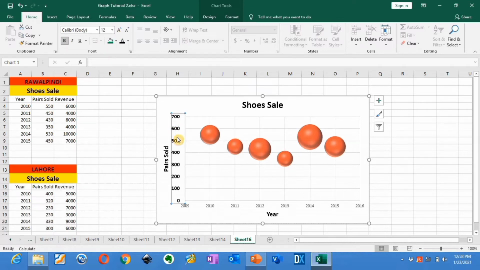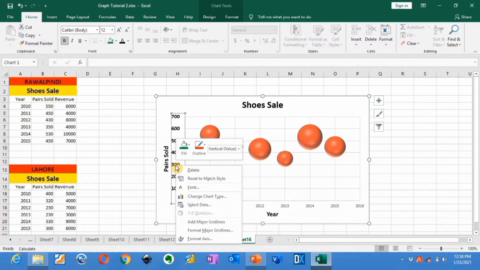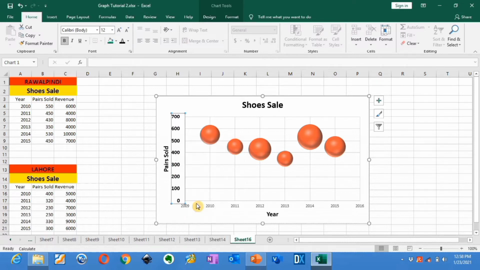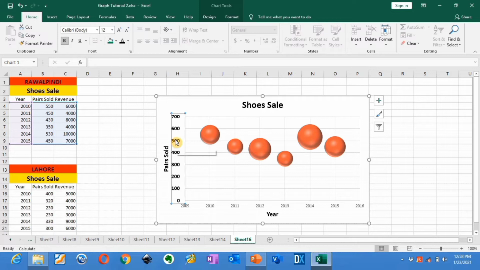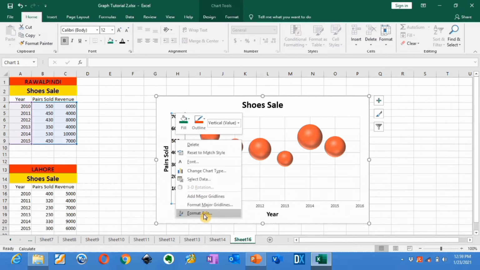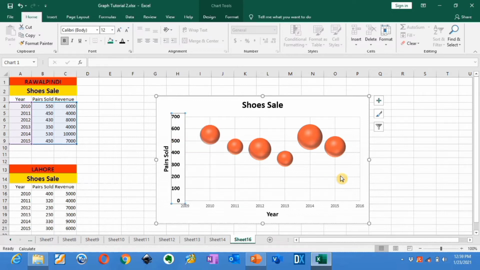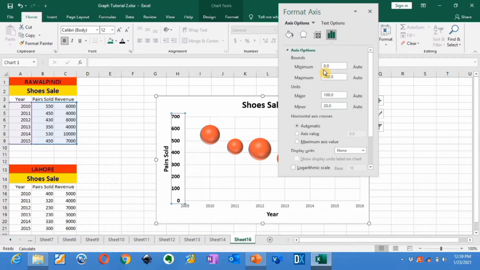Now I will change the minimum values, so I will spare some space here. To finish this space, right click here, select data, right click again and go to format axis option and select minimum value as 100.